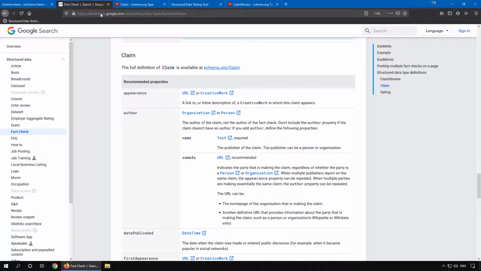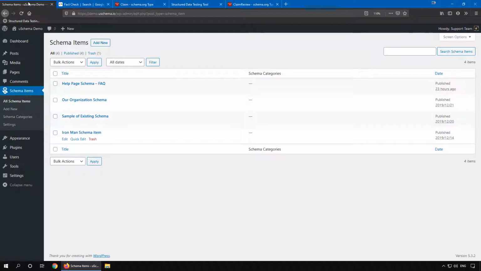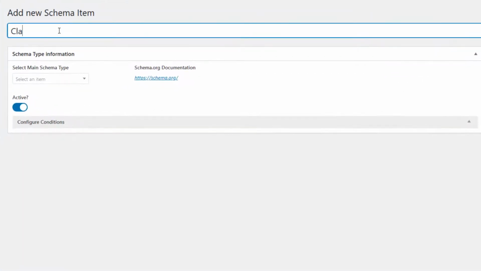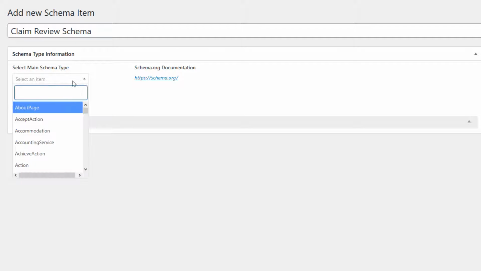So coming back to that point, keeping in view that particular problem, we are going to add a claim and a fact check schema using our plugin uSchema. So let's get back to our plugin and into our schema items. Let's add new. Let's add a schema for our fact check. Click add new. Let's just name it claim review schema. So let's first select our claim review property, schema type,